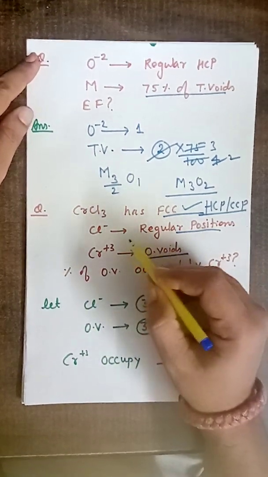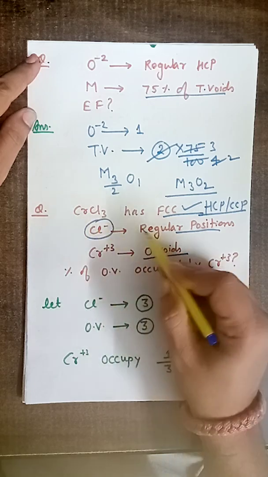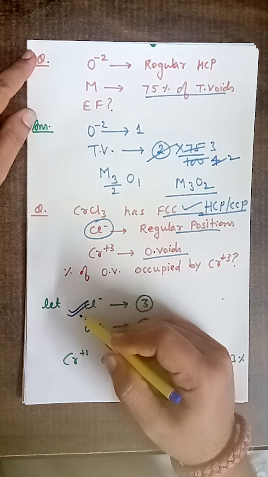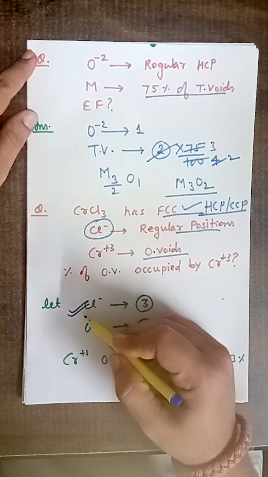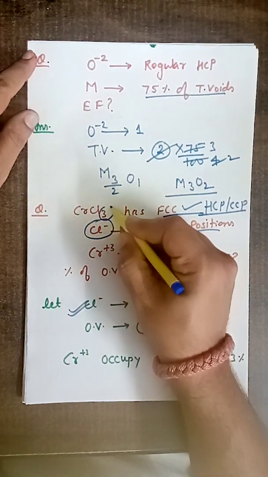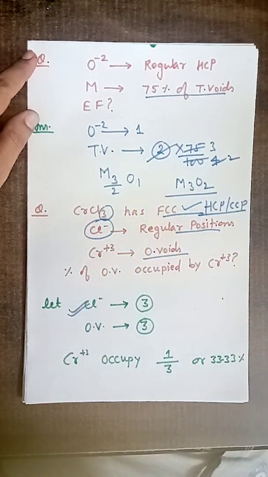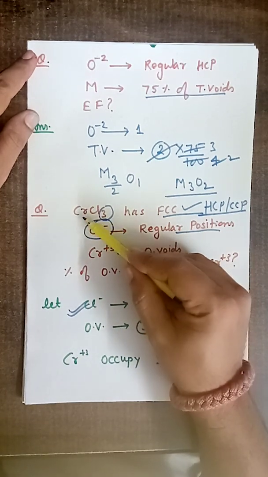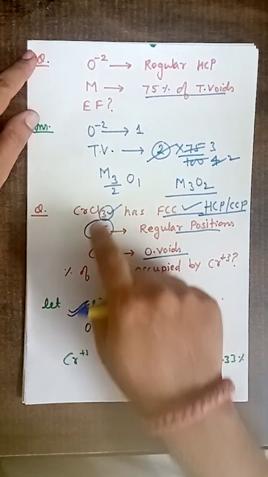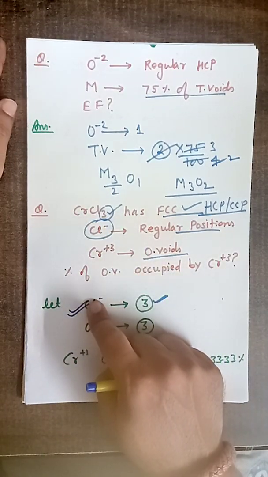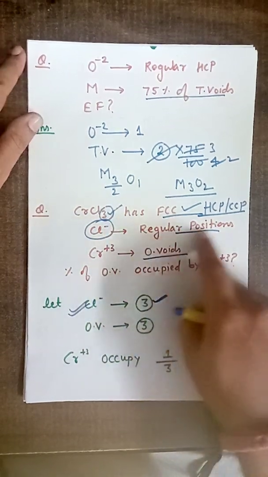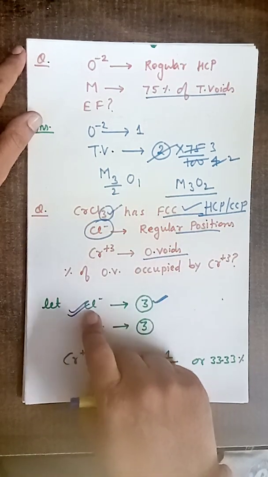Now once again we will start with an assumption for the particle which is placed at the regular position. This is chloride. So far we assumed one particle at the regular position. This time, to make the mathematical calculation simple, you have to assume the same number of anion particles as given in the empirical formula. Like here it is CrCl3, so assume chloride particles as 3. It will reduce your mathematical calculation. So whatever number is given for the anion, the particle at the regular position, assume the same number here.